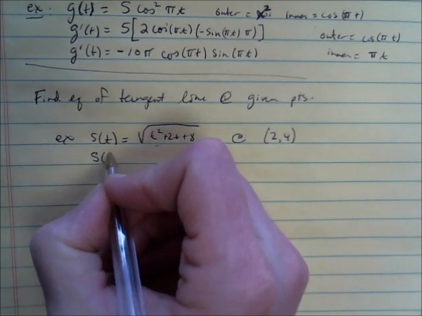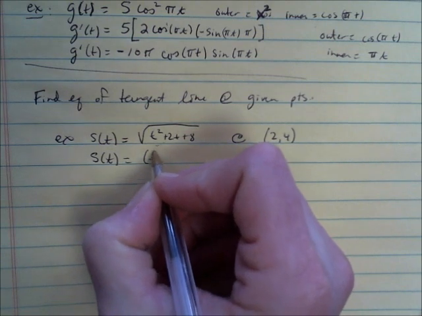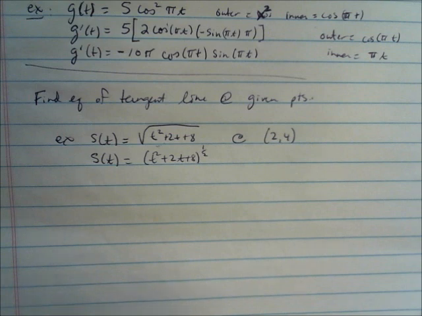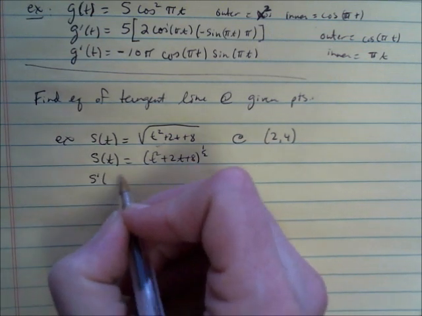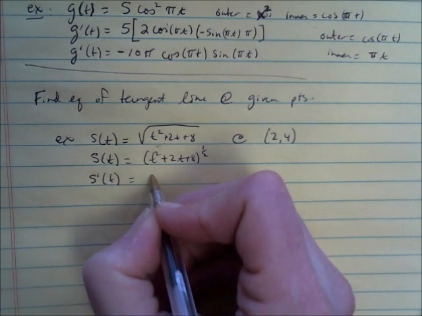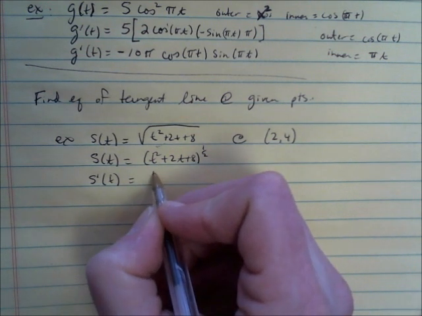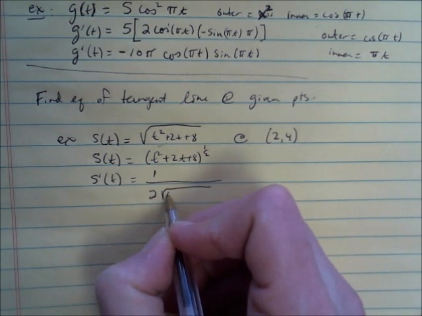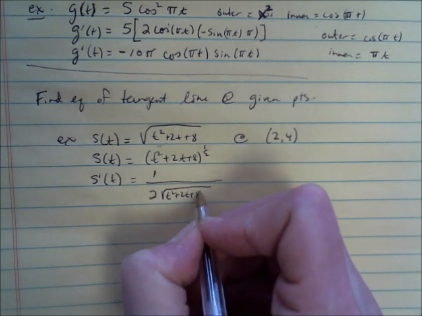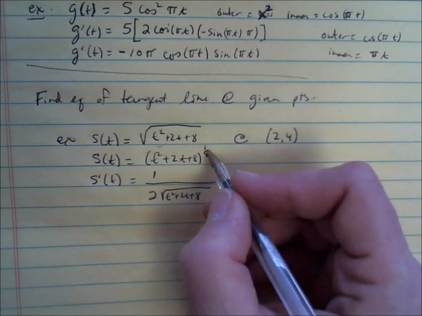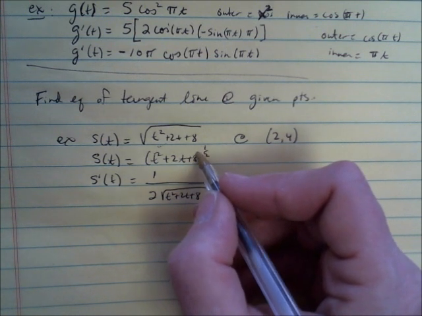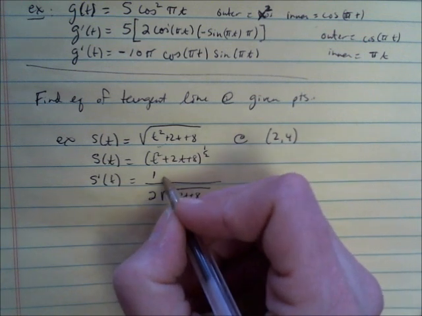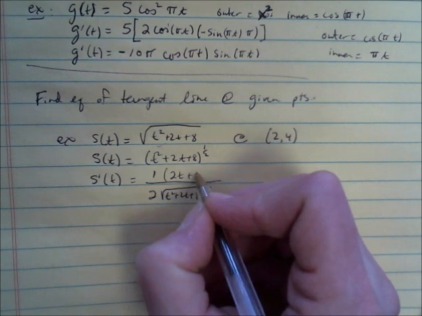So I'm just going to rewrite s of t to be equal to t squared plus 2t plus 8 raised to the 1/2 power. The derivative of that is 1/2 times this to the negative 1/2. So it's 1 over 2 times the square root of t squared plus 2t plus 8. That would be 1/2 times that to the negative 1/2. And then the chain rule says you have to multiply this by the derivative of the inside, which is 2t plus 2,